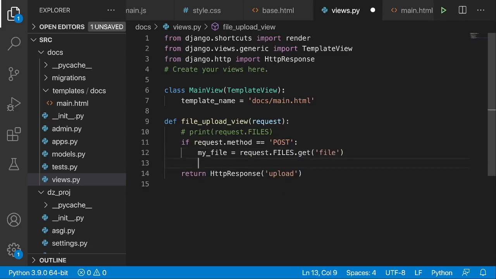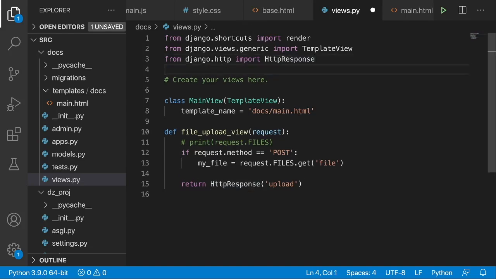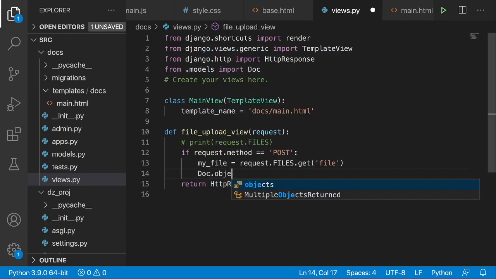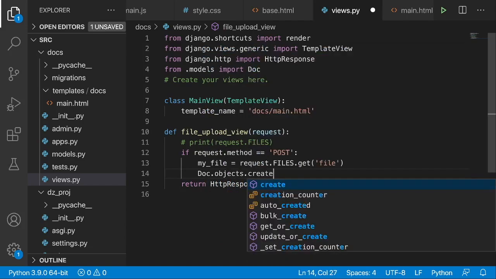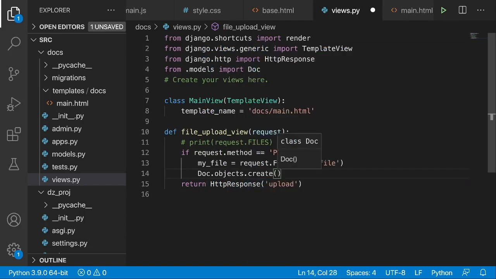And then we want to create our doc object. So we need our doc model. From doc models, we want to import doc. And over here, I'm just going to put in doc object create. And we want to set the upload as my file. And then